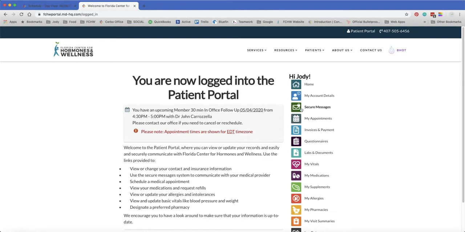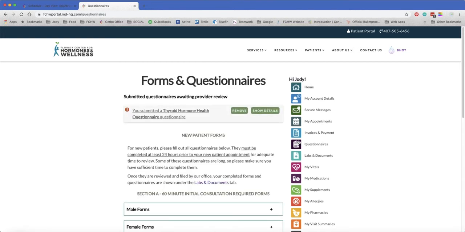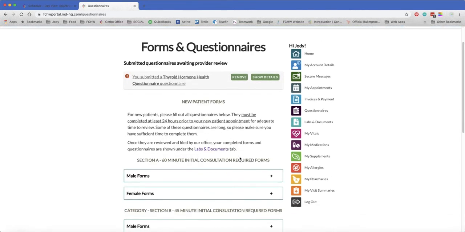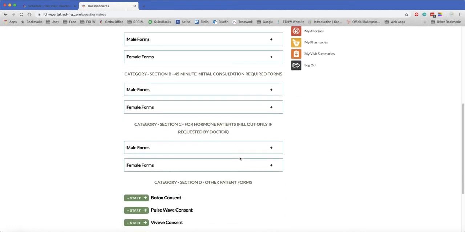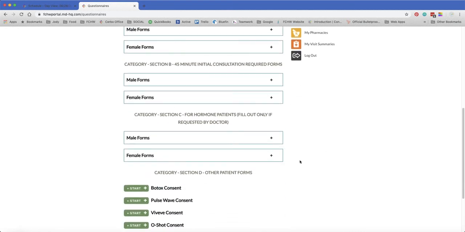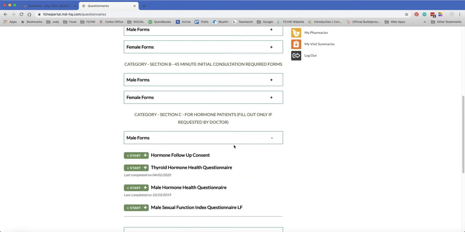Come on over here to the right side and you're looking for the icon that says Questionnaires. Go ahead and click that, and you want to scroll down to section C for hormone patients. This is for follow-up hormone patients only. Choose your gender. Go ahead and expand the box and you can look and see which form you need to